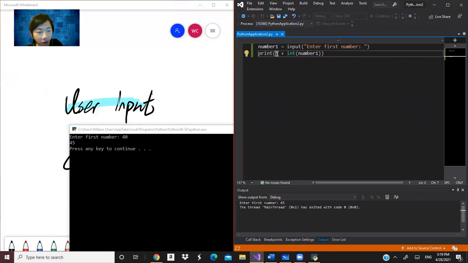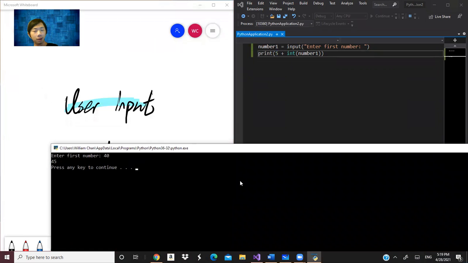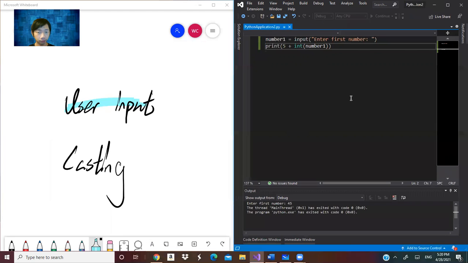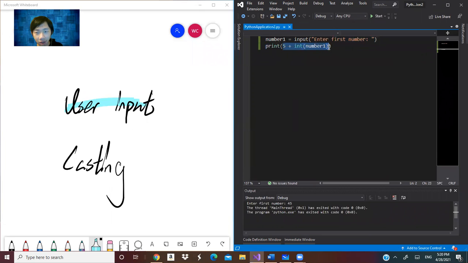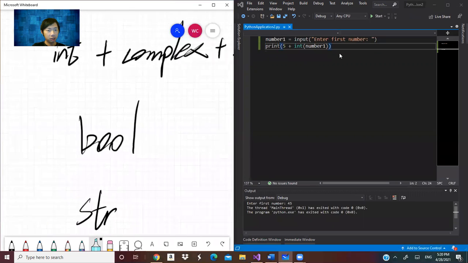So 5 plus 40 is 45. So it works. That's how Python works here. I hope you understand this concept. It's really easy.